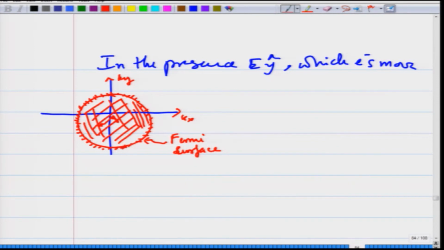Only the electrons sitting on this surface, at the boundary between occupied and unoccupied states, all these electrons occupying states near the Fermi surface are the ones which will start moving, because there are vacant momentum states available. These are all occupied states and outside are unoccupied